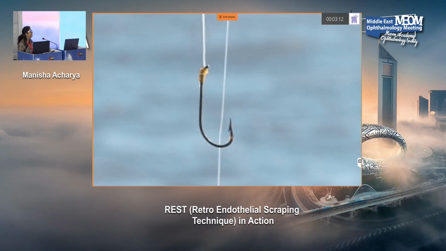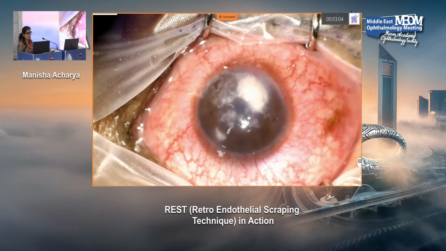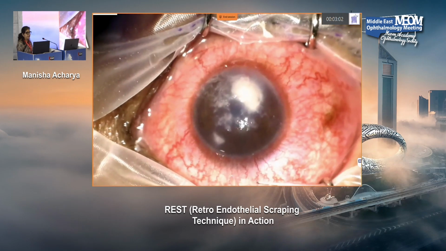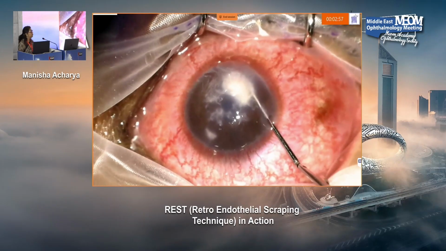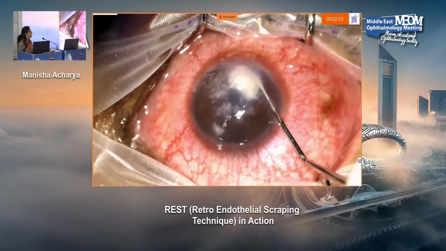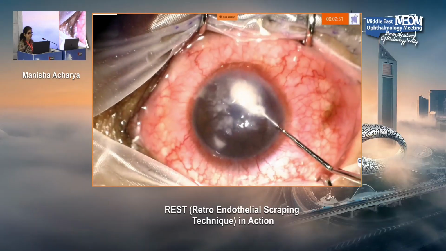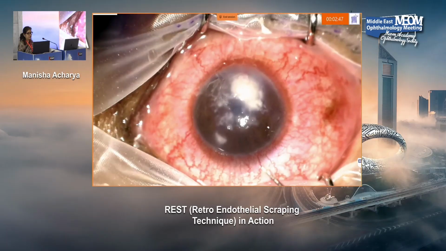And when it is not coming out straight, you have to bend your finger. And that's what we did. We did a reverse endothelial scraping technique. It's basically the technique wherein you make a side port and, because this was our first case, we just took out material enough from the endothelium, which was ready, and you can do a diagnostic test on that.